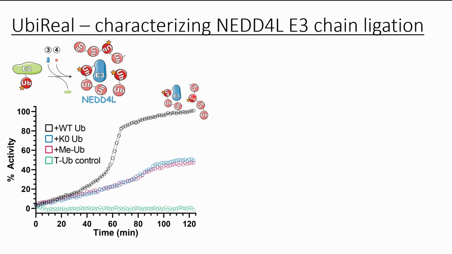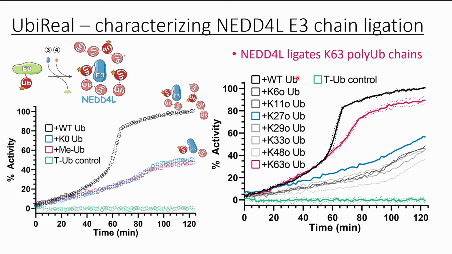So again, this higher signal here is likely describing the formation of these free ubiquitin chains, as well as the E3 conjugated with much higher order species of polyubiquitin. Whereas down here, we are only able to get that monoubiquitin formation, and because of our mutant, we can't support polyubiquitin formation. And so now, again, NEDD4L being a K63 specific ligase, when we use our K-only mutant panel,